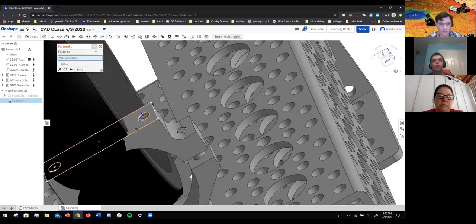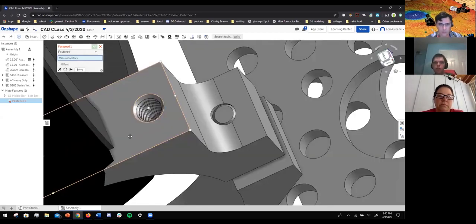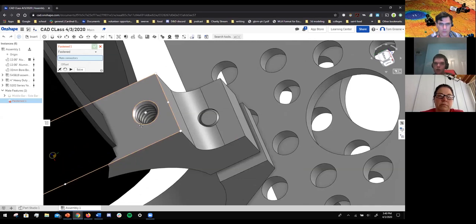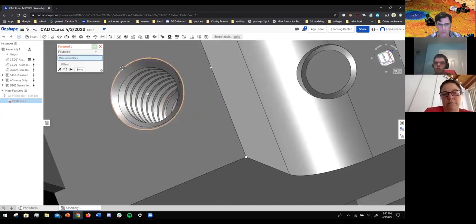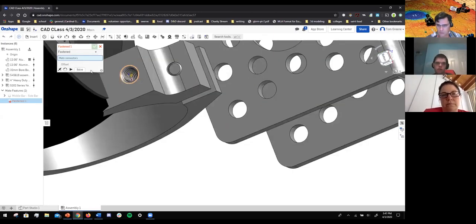And threaded holes are a bit tricky. So you can just hover over the face and get the center of that hole like that, sometimes. Or you can actually hover over one of the edges on that hole. Now, you have to be careful with threaded holes because sometimes, not that hole, for this hole is just blocked,